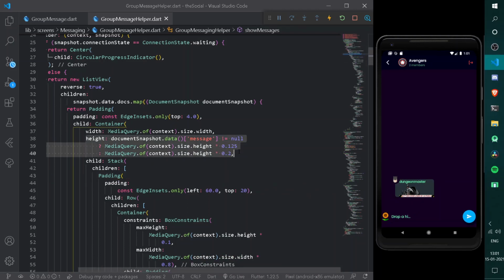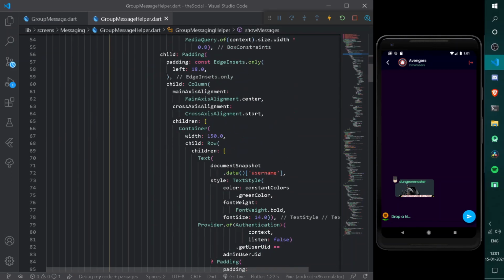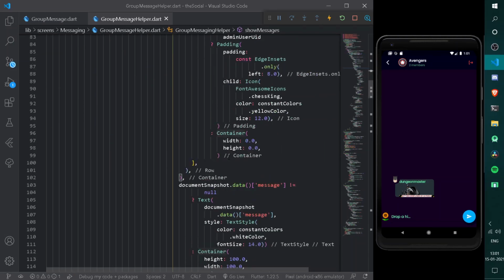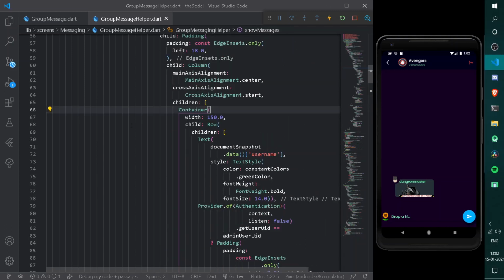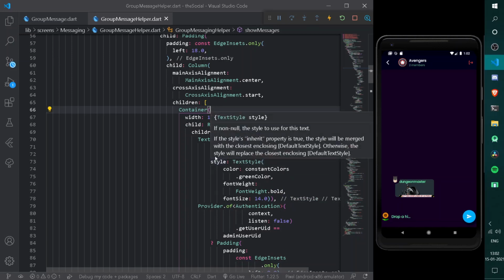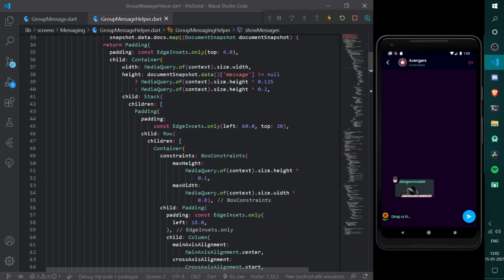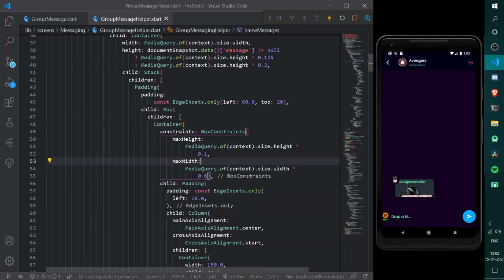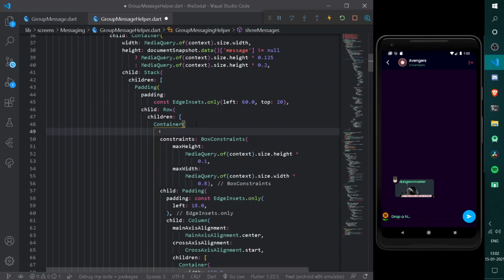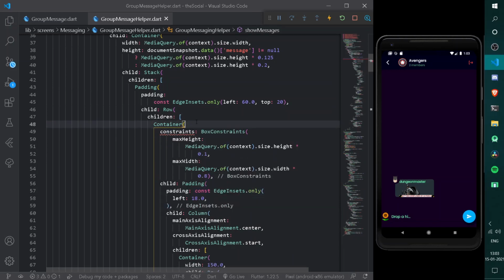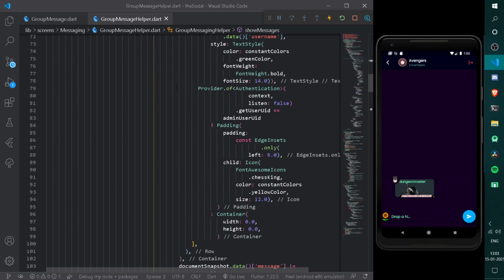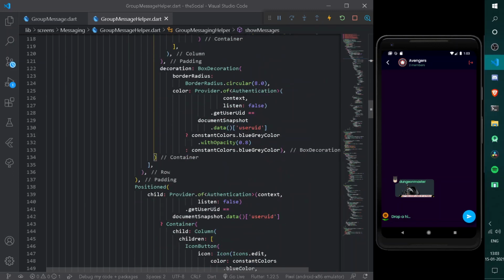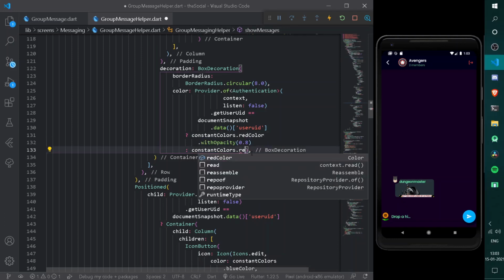So now we need to simply expand the following container as well. So for that, let's copy the entire container from here. Let's go at the bottom of this container, and here if you remember, we have somewhat height and width. So now we need to simply resolve the following problem of showing the sticker under our entire column, that is our container. So for that, if you remember, we have our entire row. So under our entire row, we have our max height and max width for our entire container. So first of all, let's visualize what is happening. So here we have our decoration on the following big container. So let's go under the following decoration, and here instead of blue gray color, let's have a red color. Easy, let's have red color as well.